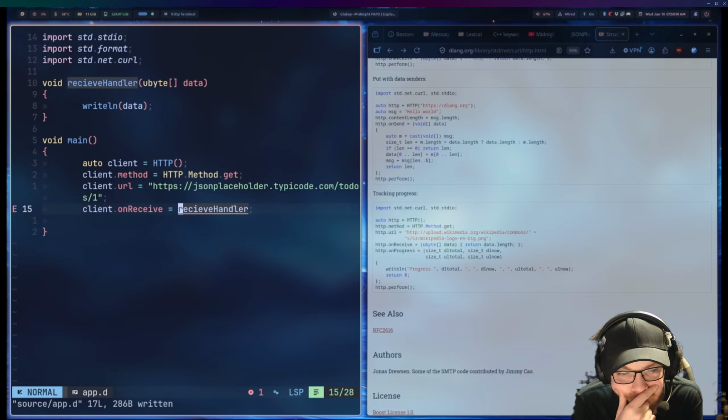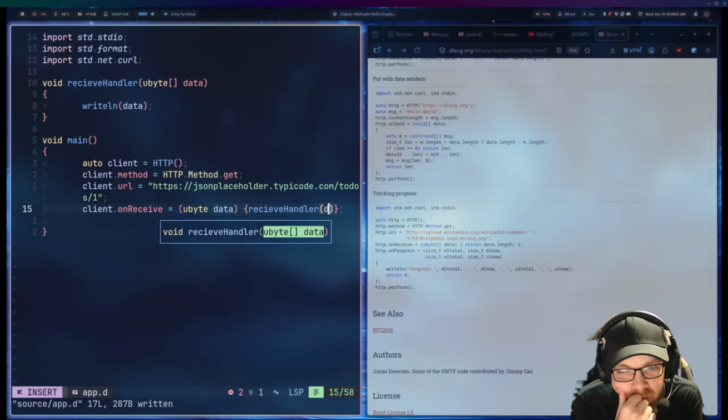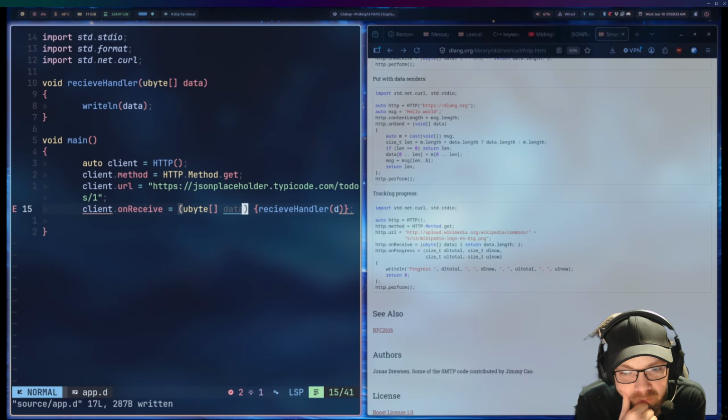Maybe I need to actually get the function. Oh, you didn't take the address. Still doesn't like it. It probably just wants a lambda. Just use a lambda. Yeah. Can I do something like ubyte array data, and then return data dot